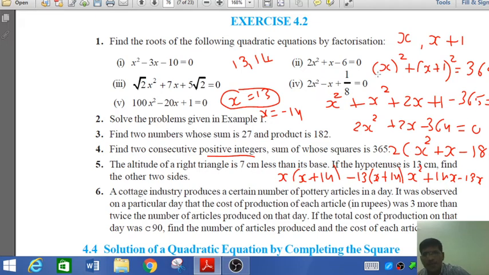Again I repeat, what are the two terms? The first term is x, the second term is x plus 1 because of positive integers. Now x whole square, because it is the sum of the squares. So x whole square plus x plus 1 whole square is equal to 365. And when we simplify, you will get again x square plus x minus 182. If we factor, the answer is 13 and minus 14. But positive integers are required, so 13 and next is 13 plus 1, that is 14. Now still one sum remains.